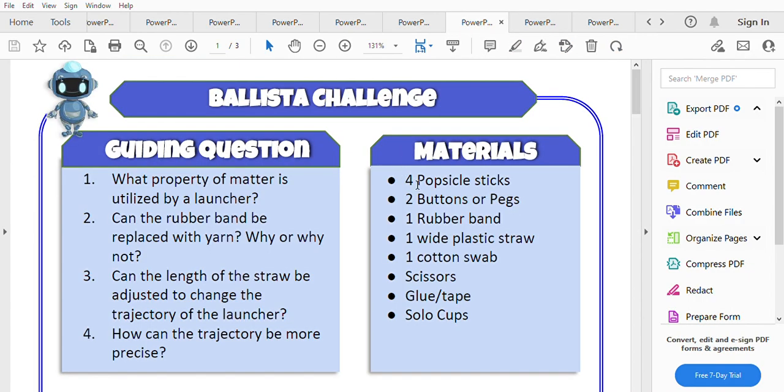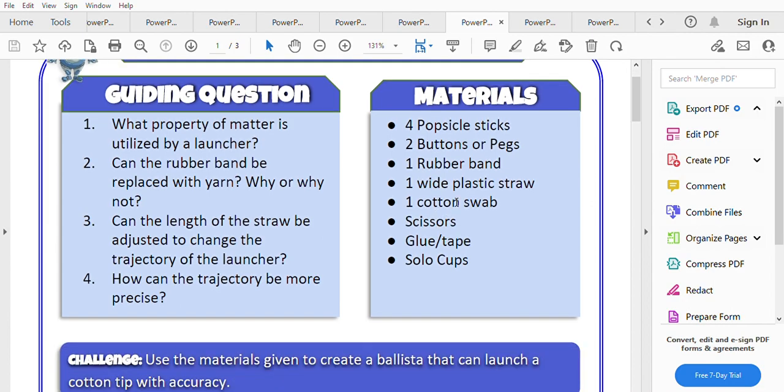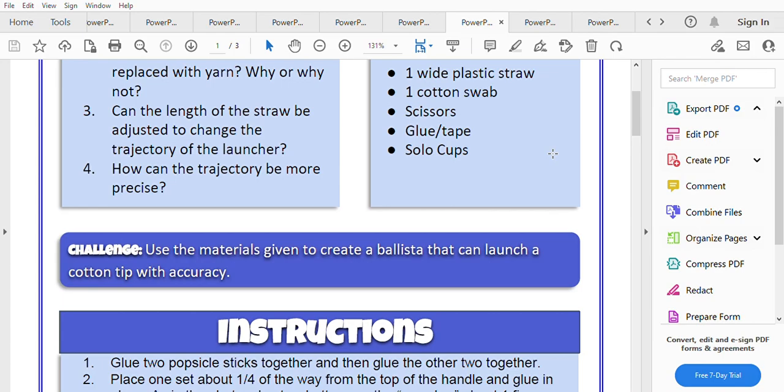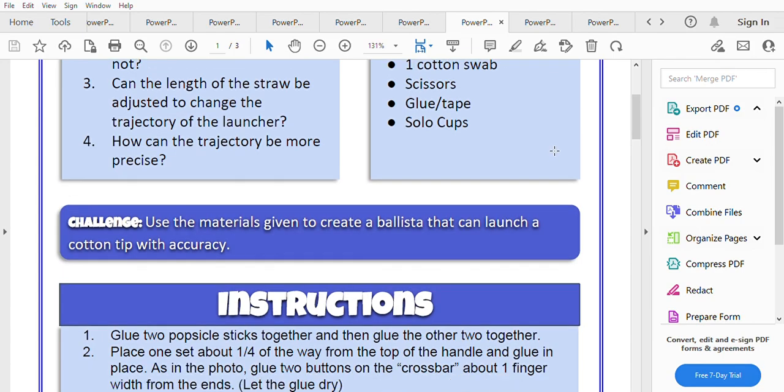The next activity is going to be the ballista challenge, taking it back to the medieval theme that we had for the catapult. The ballista is another contraption created in the past that uses tension and kinetic energy to act as a giant bow and arrow. To start, explain what a ballista is and what it is used for. Tell the children to compare it to a bow and arrow. What are the forces that act on the bow to make it shoot the arrow? In the same way, people long ago found a way to create the same tension on a larger scale,